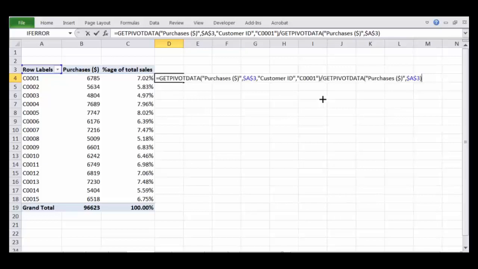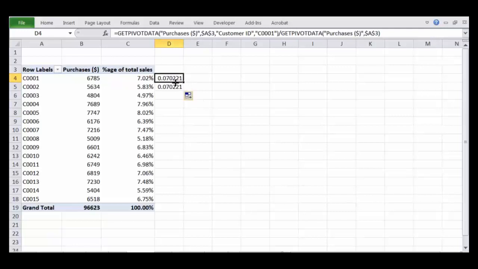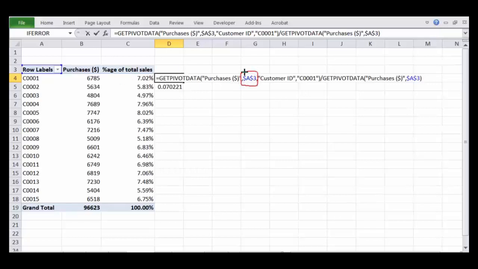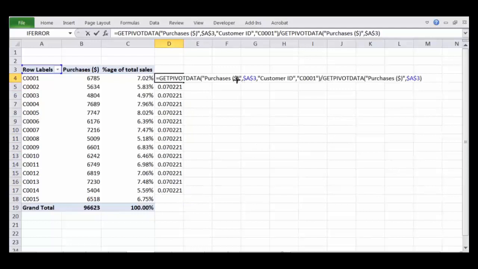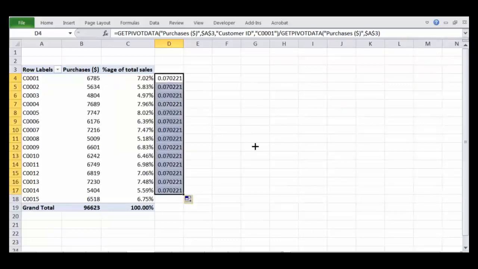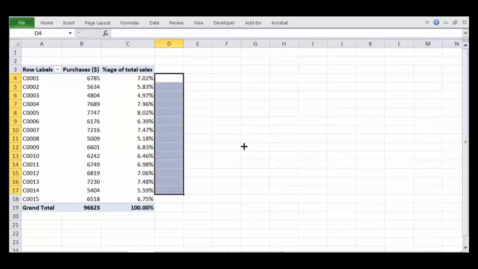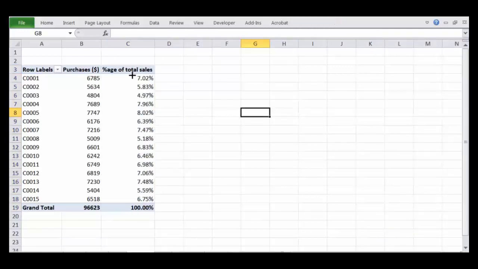If you drag it, you find that these are the same values. Why is this the same value? Because of the way you are putting this data, see, this is $A, $3, and that's why the same data will keep on repeating. You could change it, there is no problem, but it will require lots of changes here. So it's better that we use the inbuilt function, and we know that now it's a percentage of total sales.